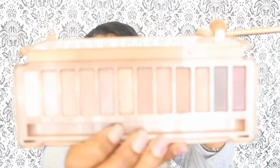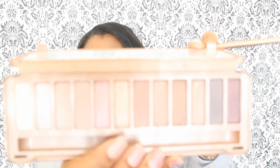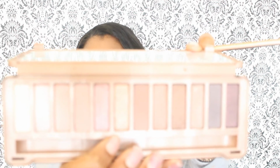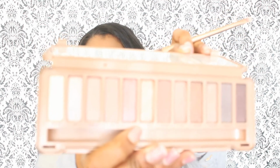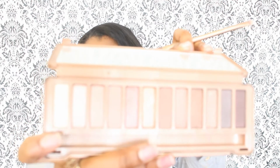And again, my favorite color I would probably say is like a gold, and this is the perfect bronzy gold. I love this color. I do have a little bit of this on today, but then the color next to it is called Buzz, and Buzz is kind of like that same shimmery, it's not matte at all, so it's definitely a shimmery color, but it's in the pink, and I love these two. So I'll basically probably be wearing these two the most, as well as the Strange, which will be a great